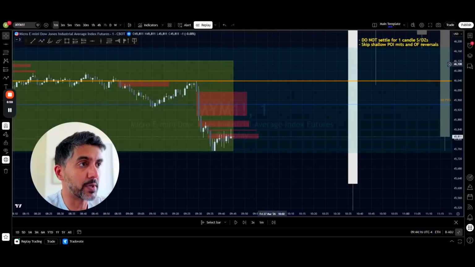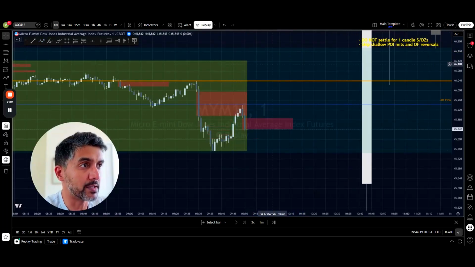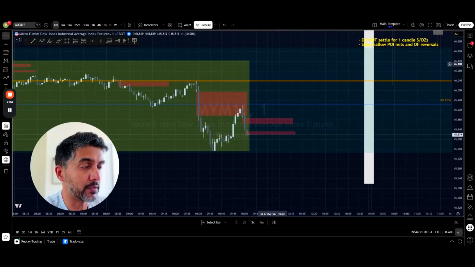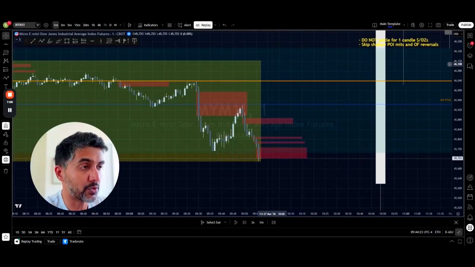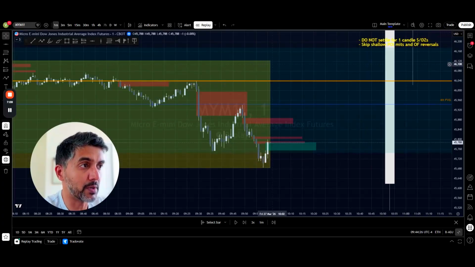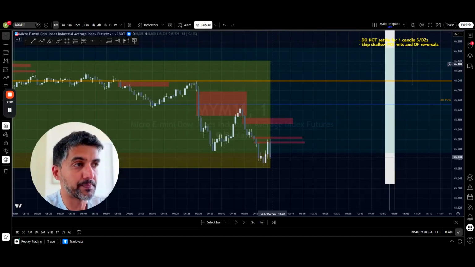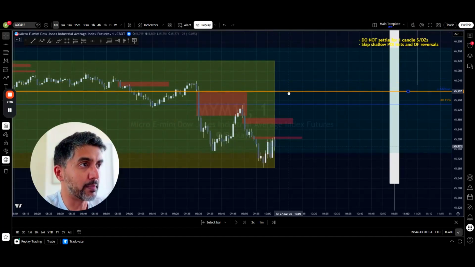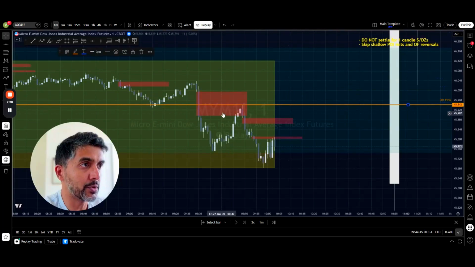Let's play price forward to see what happens. We can see that buyers are starting to step in, but those sellers step in stronger and continue to push price forward. This is why it's so important to pick a level that makes sense and isn't too aggressive so that we don't get stopped out too early. At this point, I would move my key barrier down to this level, which is the new high that's been created,